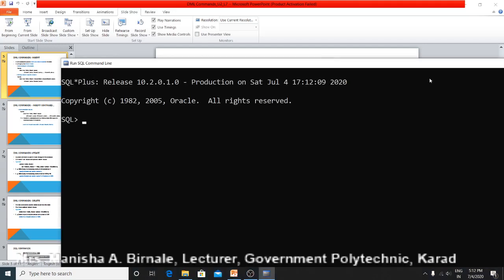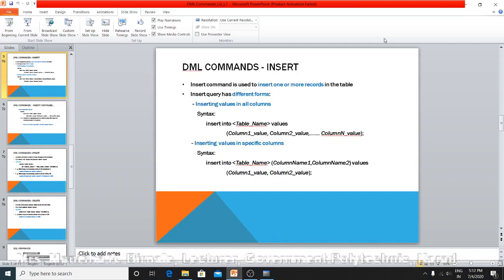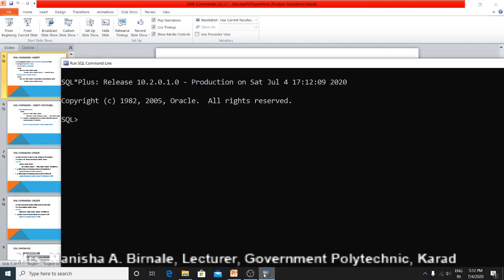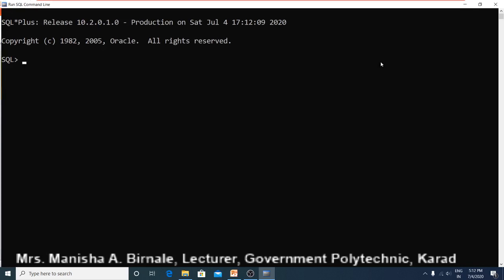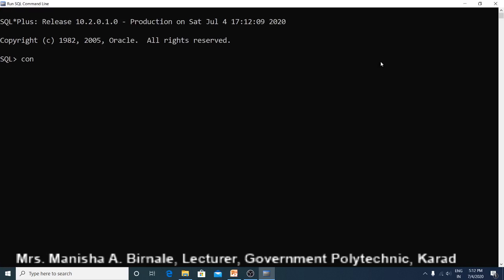Here you can connect to the database using the conn command. Conn username is system. So here you can type your DML commands and execute.